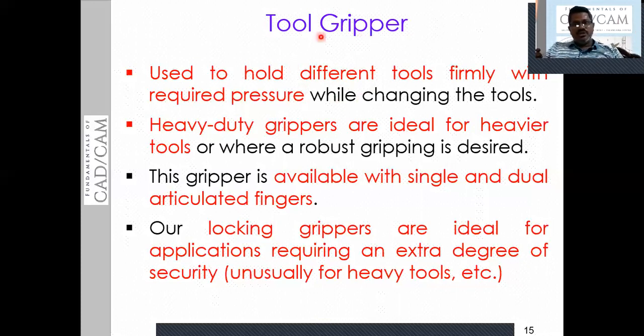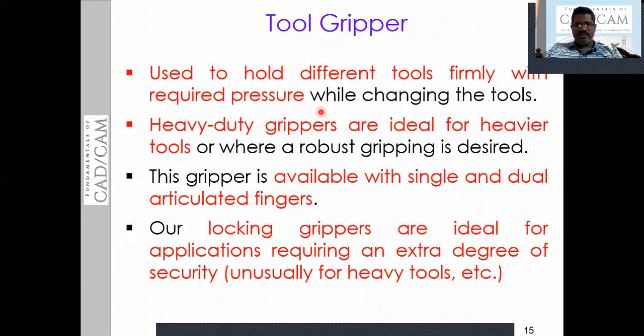So in that case, the tool gripper is going to hold one device and place it in the required position. In between, that device needs to be held firmly, without any damage. If you don't hold that part firmly with the required pressure, it may fall on the ground or on human beings. So this is huge damage.